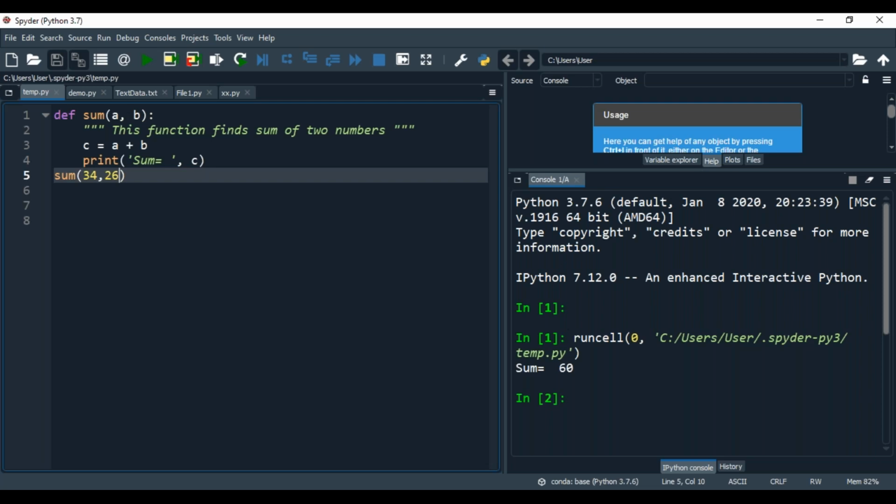See these two values, once I have put them into sum. So this 34 is a, 26 is b. We are passing the variables. This is called function calling. Then c is equal to a plus b, so 34 plus 26, a value 34, b value 26. Then compute, means addition of these two numbers. Then 60 will be transferred to c. So display c. Then the output would be this one.